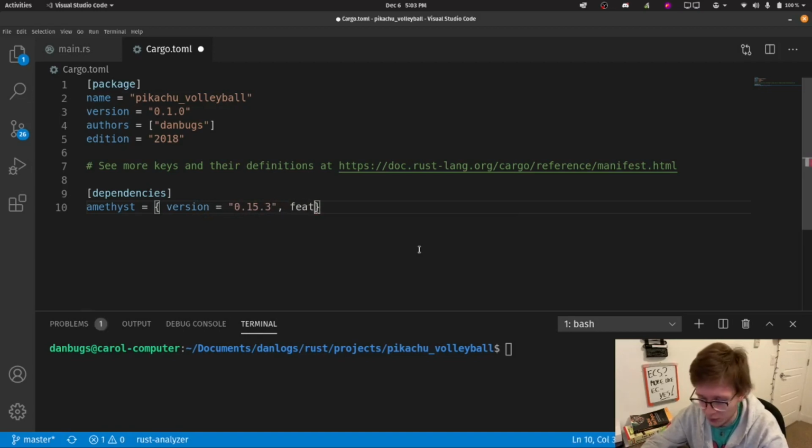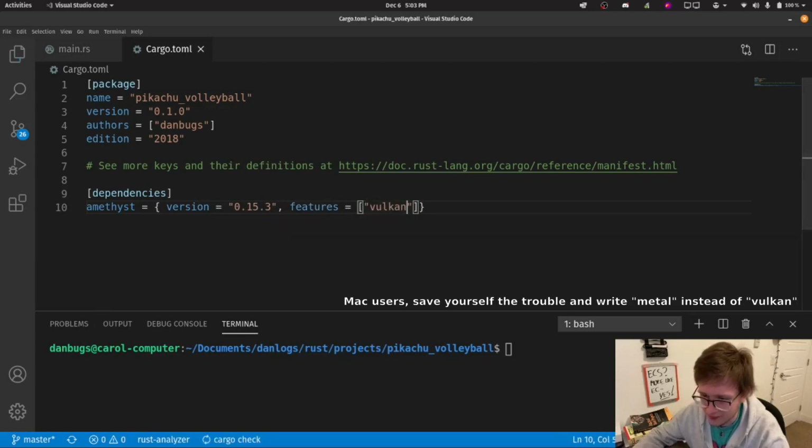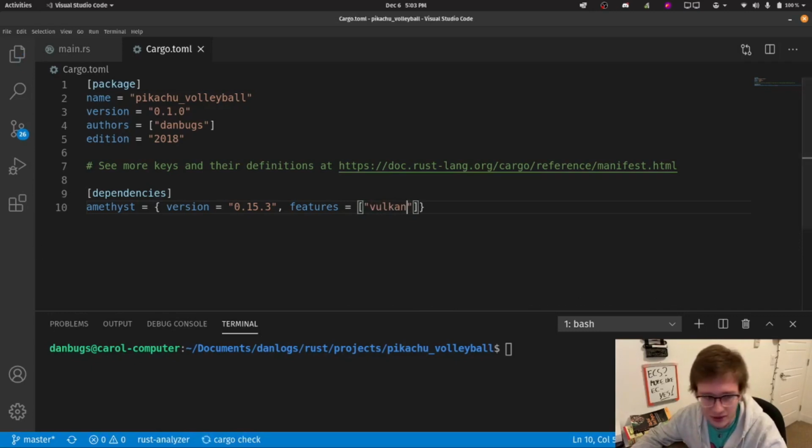And one more thing we'll add is features, and we'll say vulkan. Save that, and with that done, let's get the sort of boilerplate code, which is pretty much what that amethyst new that I mentioned before did for us anyway.